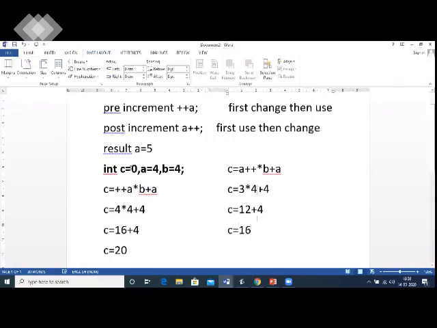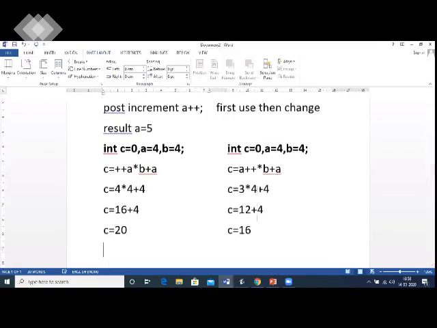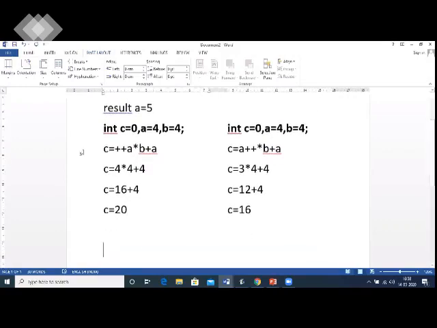Now you can see in both the cases, on the left hand side we have done using the pre-increment, on the right hand side we have done using the post-increment. This is an example of pre-increment. Here you can see the value of variable A was first changed, or you can say increased by 1, and then it was used. But in case of post, it was first used as 3 because the initial value of A was 3. Then it later changed to 4, which is reflected the second time the variable was used.